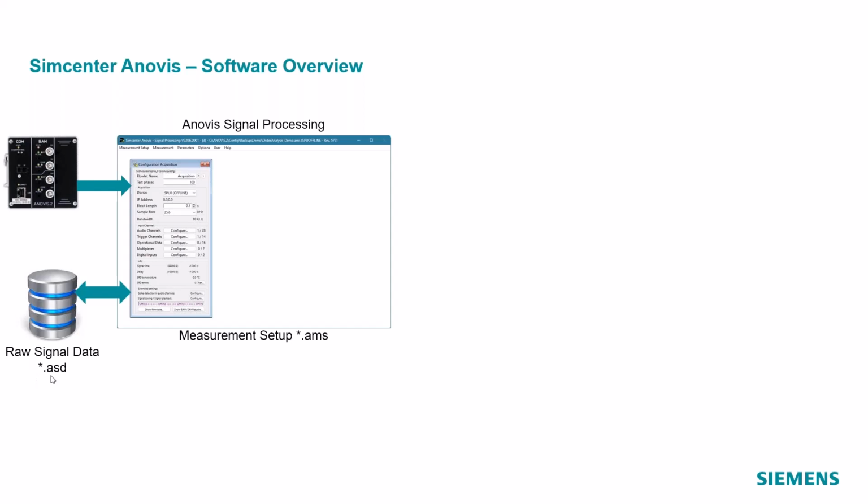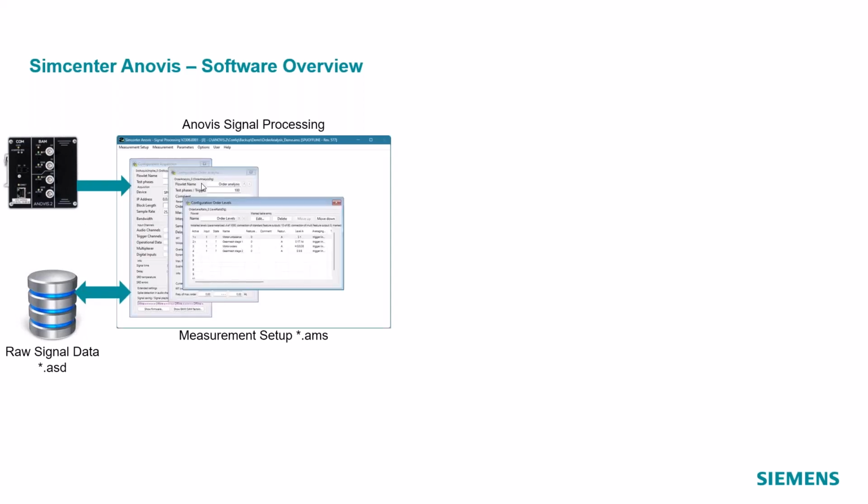This is a raw signal data file. It's comparable with an ATFX file. In fact, we also can convert them into ATFX quite easily so that you can analyze them, for example, in TestLab directly. And these data also can be reloaded in the software. And in that case, the software behaves the same as if it would run online. The only difference is that the data are not received by the hardware, but by the file.